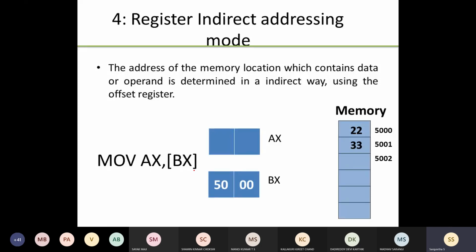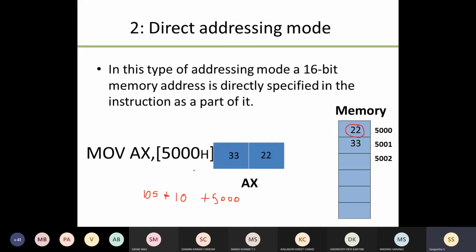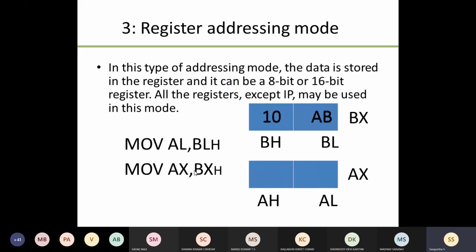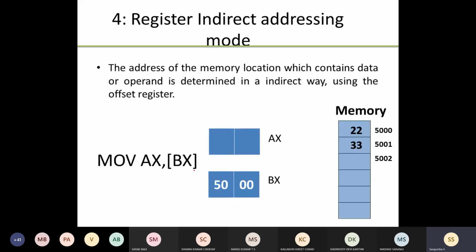Okay, it is an indirect way. For example, if I give move ax comma offset, it is represented in a square bracket. Previously, in the direct addressing mode, we have seen an address is given, but here instead of giving the offset address directly, this address will be stored in this particular register. So bx, for example,